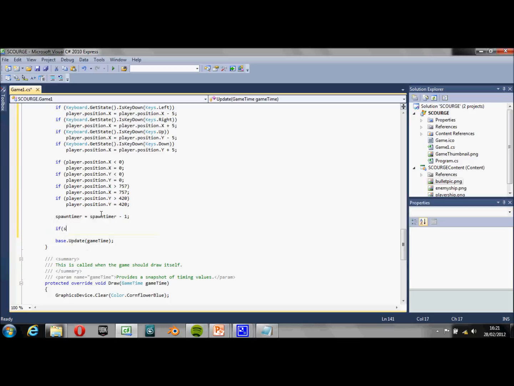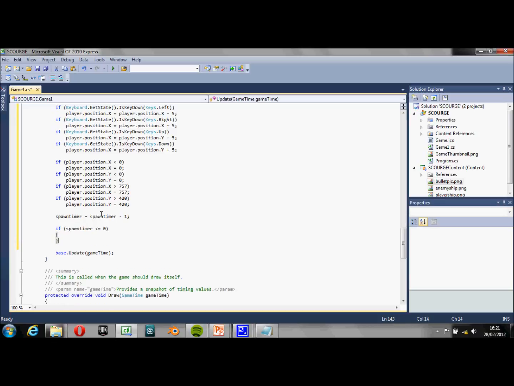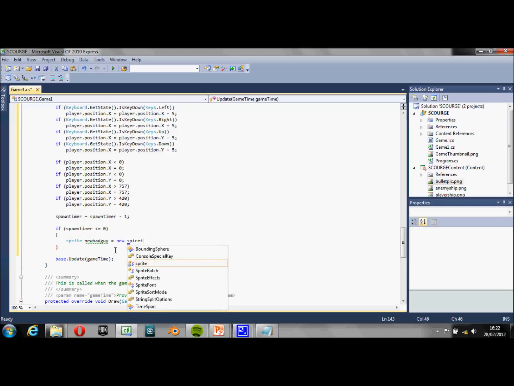Then when it reaches 0, if spawn timer is less than or equal to 0, we do a bunch of code which I'm going to put inside curly brackets, and notice it's indented for me immediately, so we know that all of these lines will happen only when the spawn timer has reached or passed 0. So what we do in that case is we create a new sprite. I'm going to call it new bad guy. Because it's inside brackets, it's only available locally. It doesn't exist once the program exits these brackets. It's temporary. But it's going to be a new sprite,